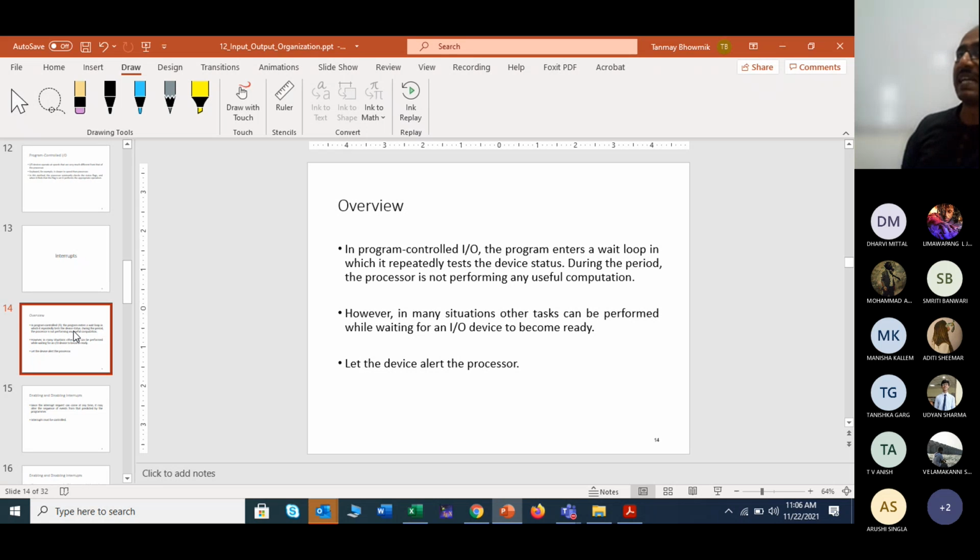So at that time, the processor will not do anything, because it is checking whether the given data can be properly managed or not.